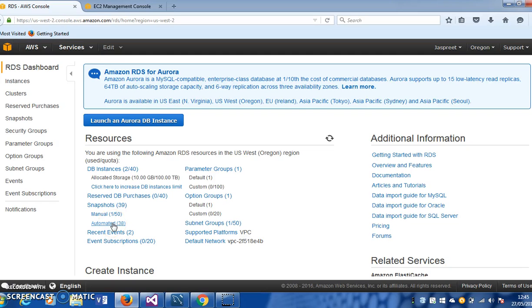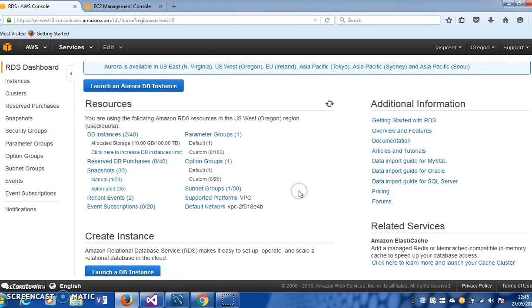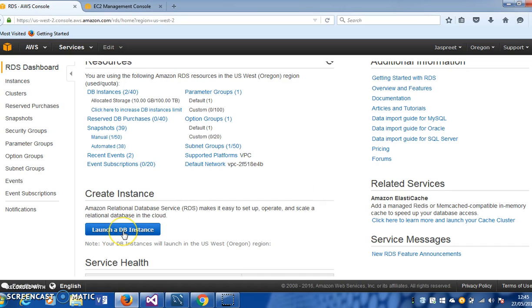Hello friends, today I'm going to share information about the Amazon RDS service with ASP.NET. This service makes it easy to set up, operate and scale a relational database in the cloud. For this, first of all, you have to create an instance, so you have to click on launch a